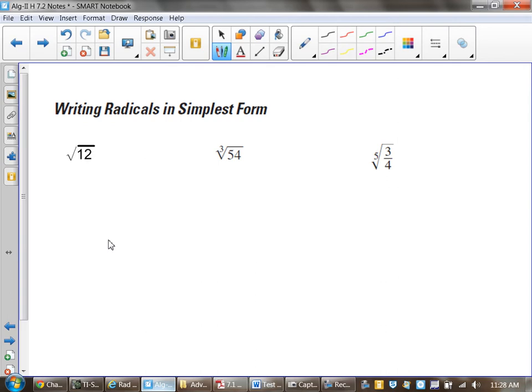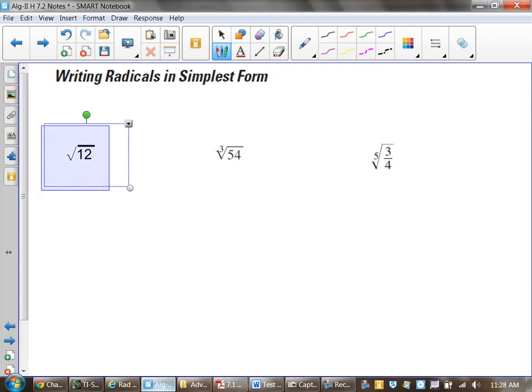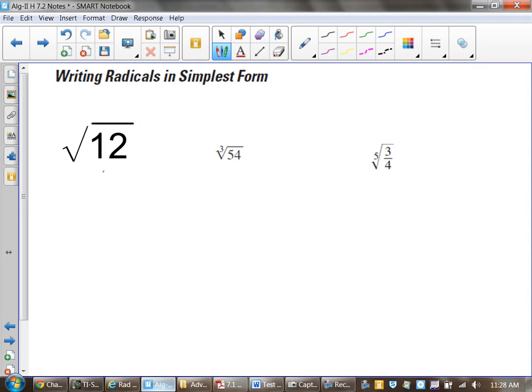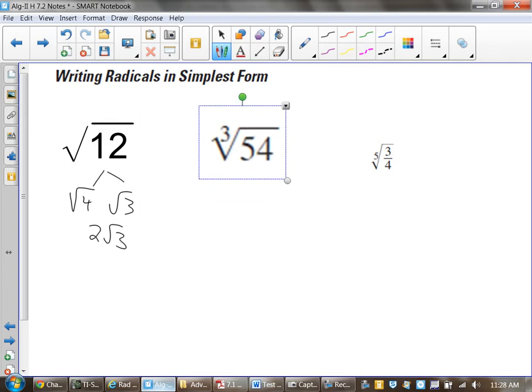Again, it leads us back into simplifying radicals. We all can simplify radicals when they're just boring square roots. We just talked about one like this. We broke it apart with a perfect square of 4, 3, so you got 2 root 3. What changes when you get into